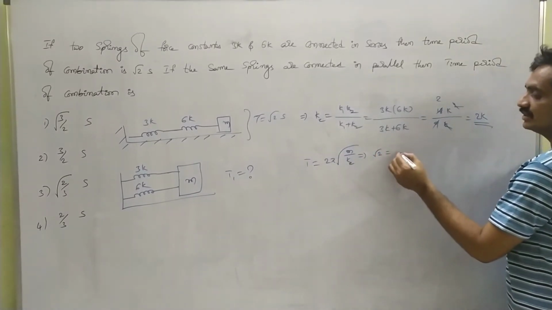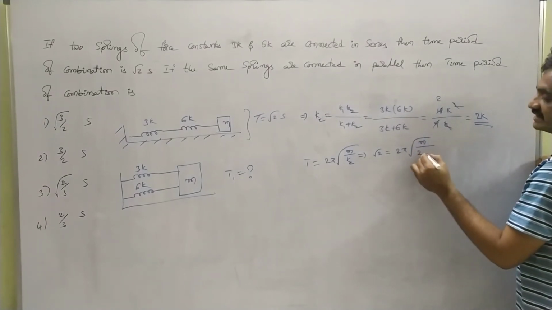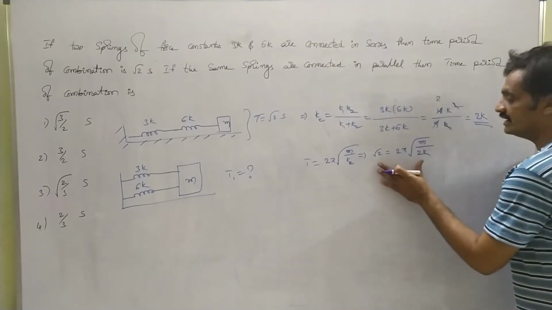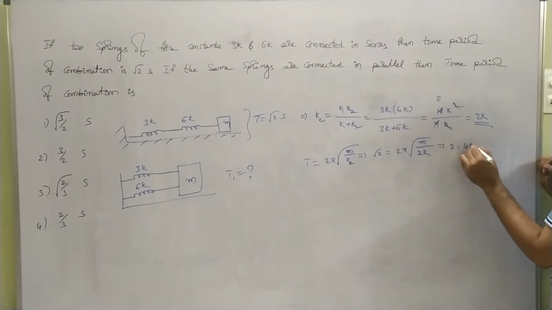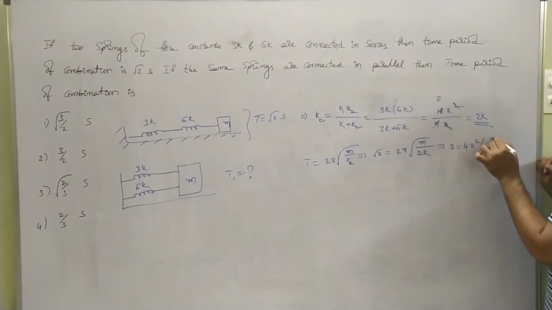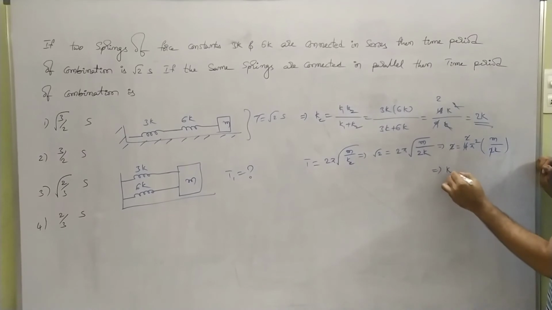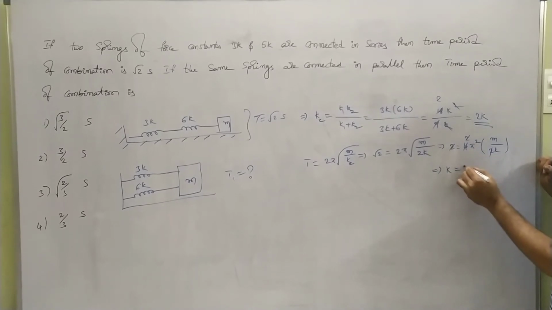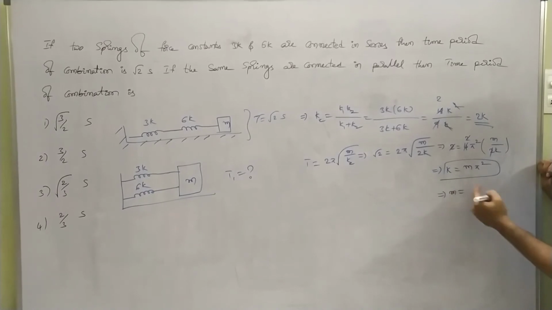Root 2 is equal to 2 pi into under root of m by k', where k' is 2k. Let us square this equation on both sides. As we square, we have 2 is equal to 4 pi square into m by 2k. Observe that here 2 to the 4 and 2 get cancelled, and so we have k is equal to m pi square, and if you represent it in terms of mass, m is equal to k by pi square.